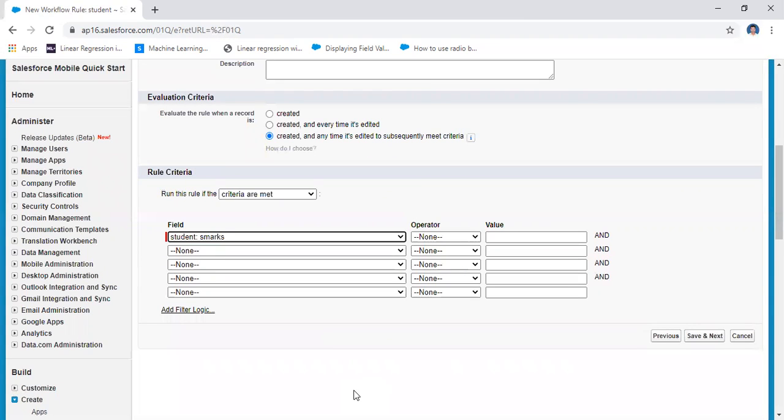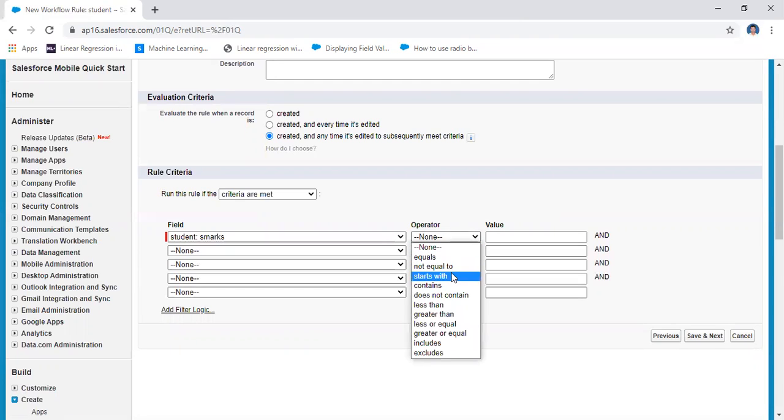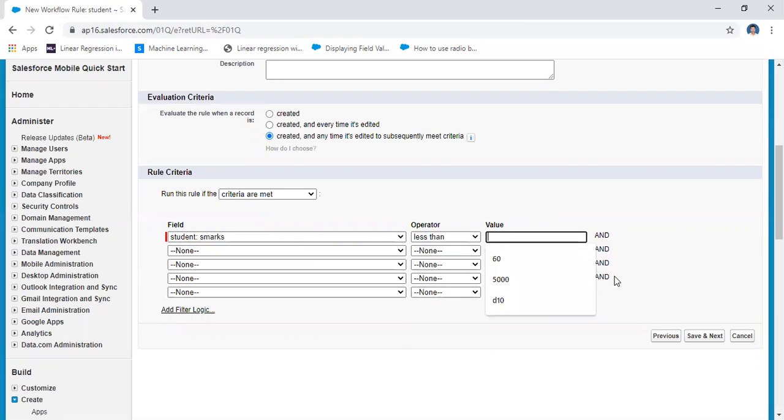If student marks are less than 60, then you may apply any number of rule criteria. That is a rule. Student marks less than 60, then save and next.